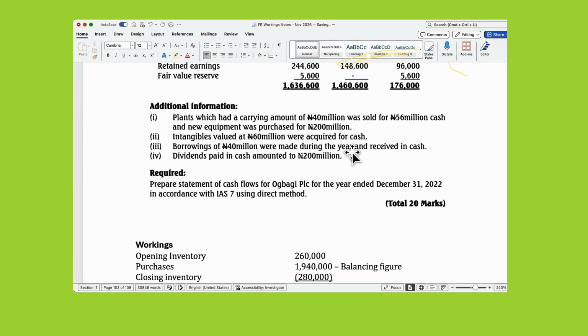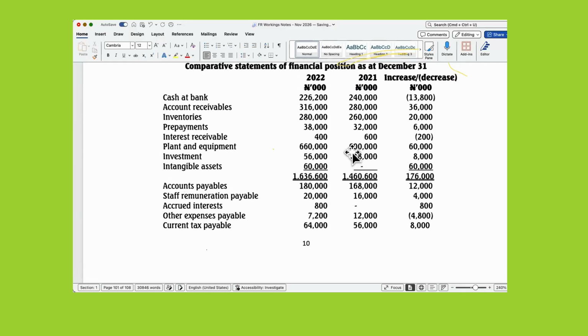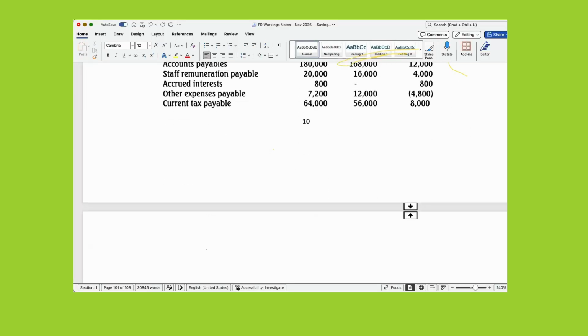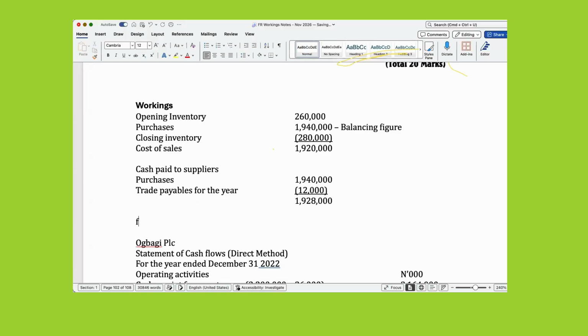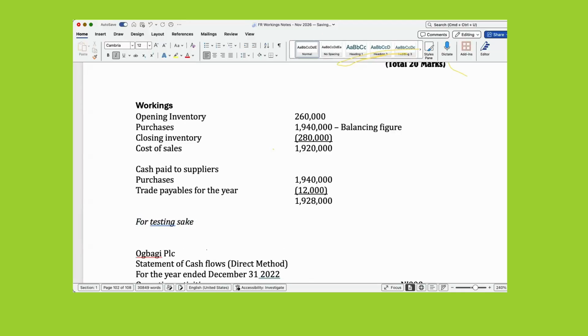Okay. But you might be wondering, the increase was 60. Where did it come from? And all of that, you really should not bother yourself. But just for knowledge sake, just for testing sake, you might not really do this because you don't have so much time in the exam. You can do your